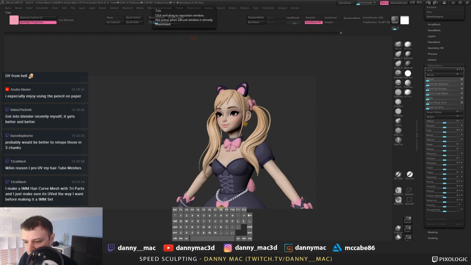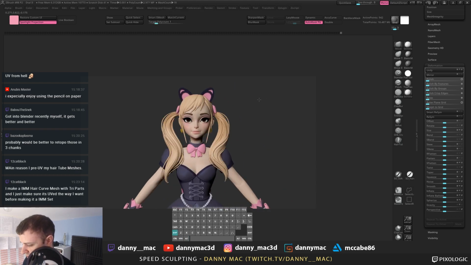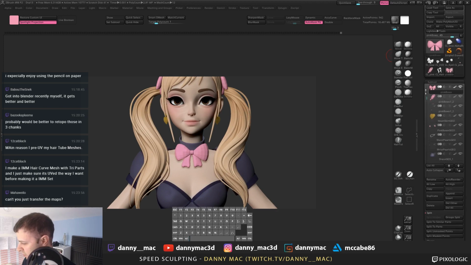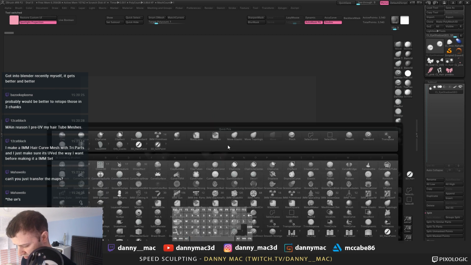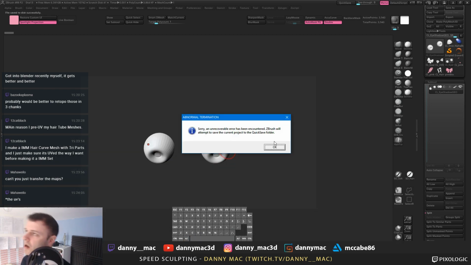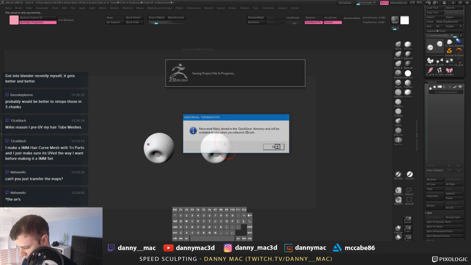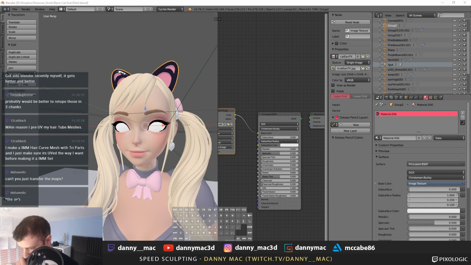I make an IMM hair curve mesh with tri-parts and just make sure it's UV'd the way I want before making an IMM. How does that work though? Because if you've got a tri-parts UV brush, like, I've no idea. I don't think that can work. Oh, come on. Yeah, no, I could transfer,